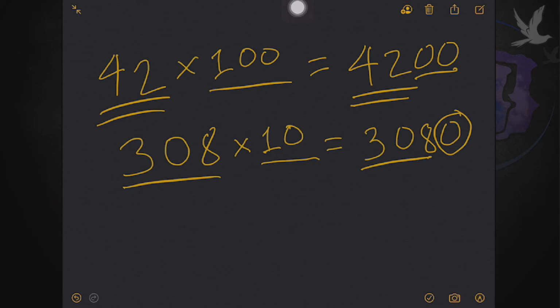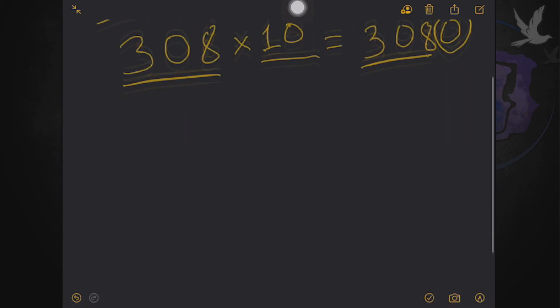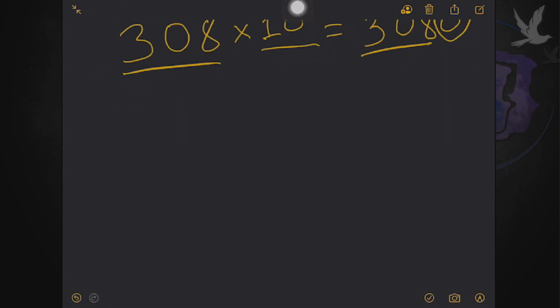So that's 308 times 10 equals 3080. Okay, next, what if we have this situation here? What if the first number is blank multiplied to, let's say, 100 and is equivalent to